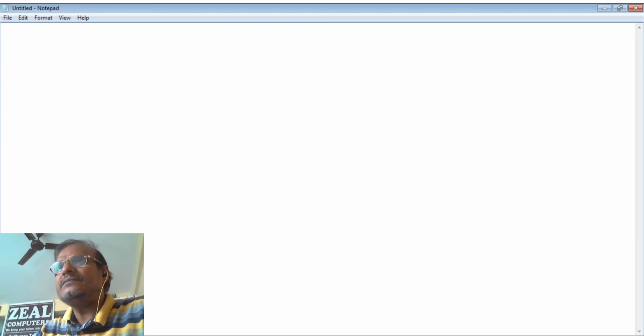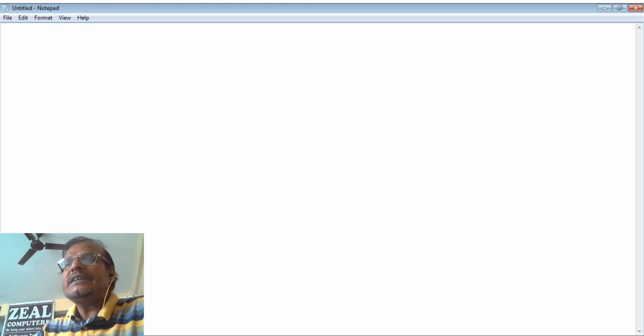For example, we want to calculate the grade of a student based on their marks, or we want to calculate the allowances of the employee based on their salary, based on their grades, based on their designations, and so on.